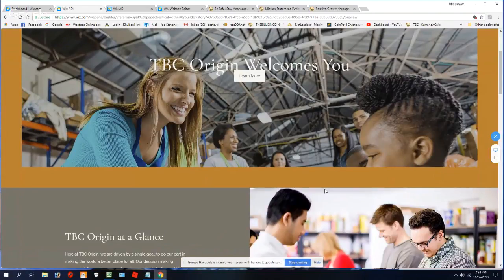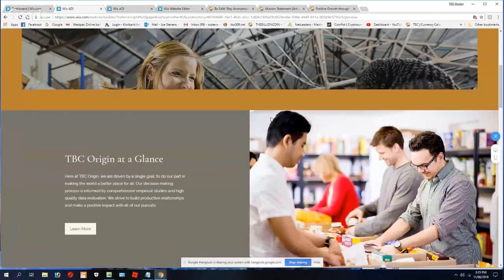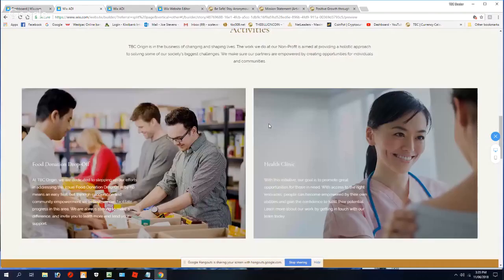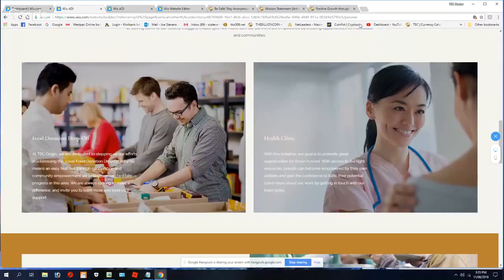You can show them an amazing amount of things by just creating your own website and by teaching them. Everything in here is adjustable, and I'll go back to the edit mode now.